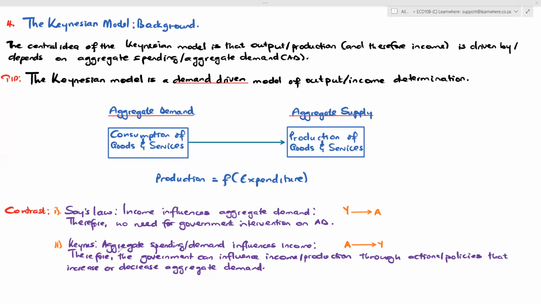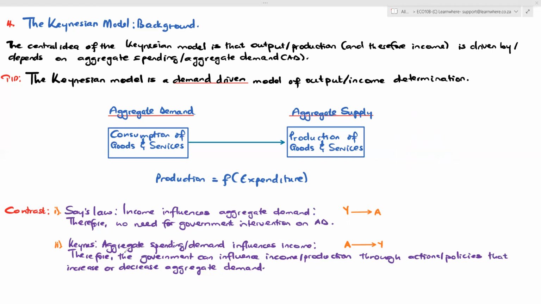On the other hand, the Keynesian model is due to this guy called John Maynard Keynes. He is one of the most prominent economists in the history of economics. He was a British economist, a really brilliant economist and mathematician. If you really want to read about him, you can Google John Maynard Keynes, and you can find a lot of information regarding this gentleman. So this Keynesian model is really attributed to John Maynard Keynes, because he's the founding father